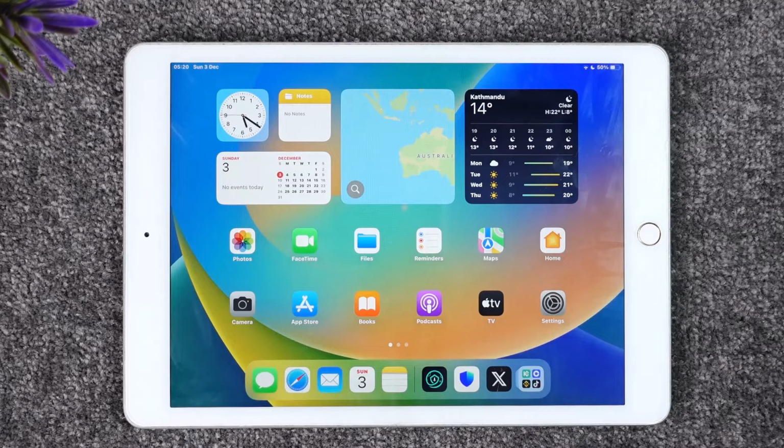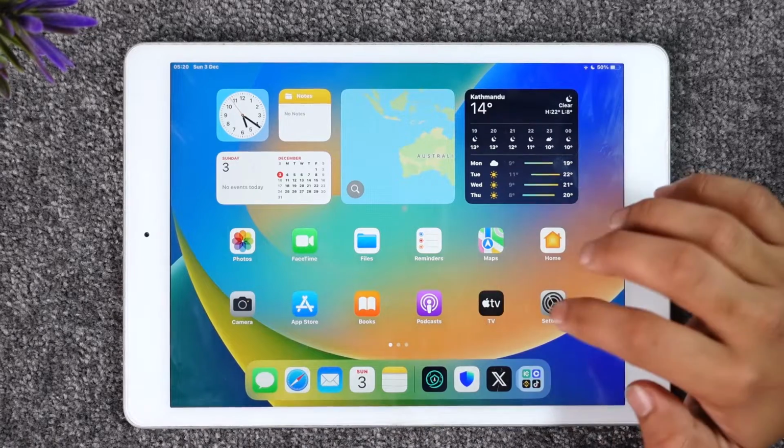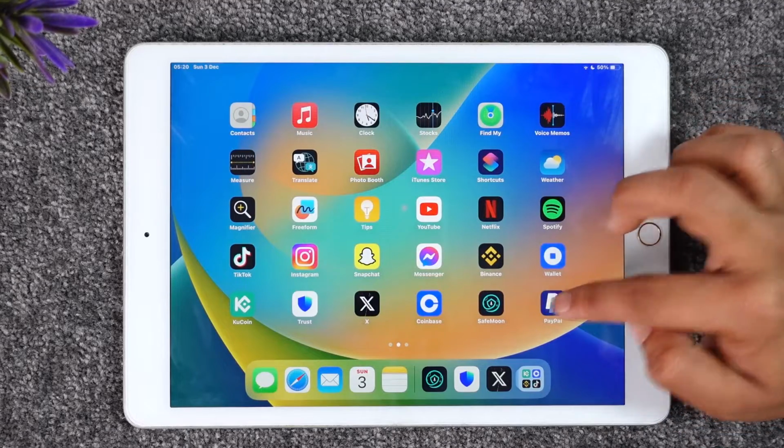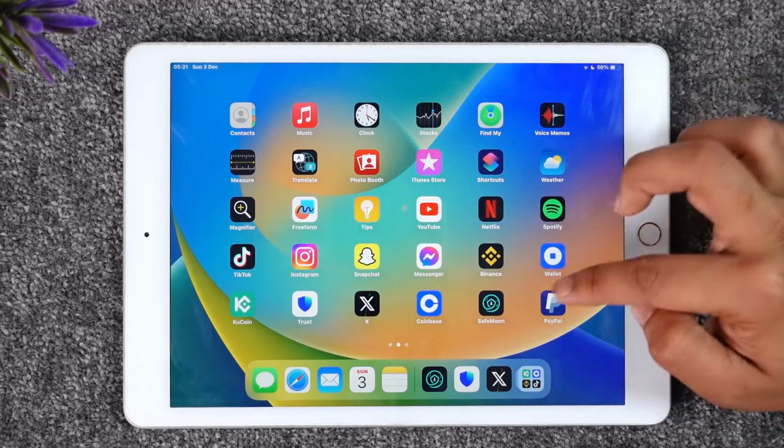In today's video I will guide you on how you can log into PayPal on iPad, so make sure to watch the video till the very end. Now if you would like to log into the PayPal app on your iPad, it's actually very simple to do so, because all you have to do is go ahead and launch the PayPal application here, and once you